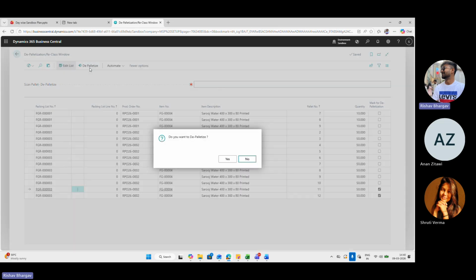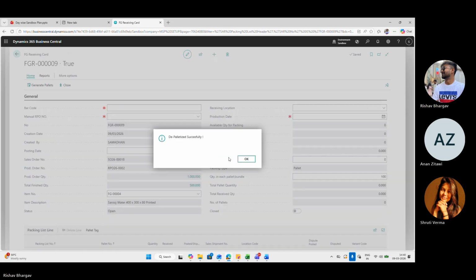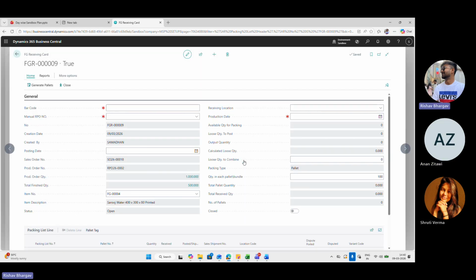On selecting depalletize, a notification appears: do you want to depalletize? Yes. Depalletized successfully. The pallet has been depalletized. What's the result here? I'm coming to it. So now we have to fill the posting date, the production date, and the receiving location.